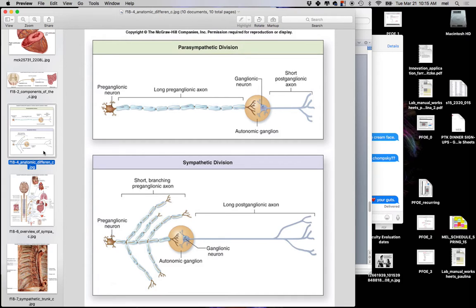So that's what I just don't understand. I'm like, what the hell? Why is it like that? And I haven't found anybody who can give me an answer that makes sense. The possibility exists that I just don't know the right question to ask, or it could also be one of those evolutionary anomalies. Like, why did the decussation of pyramids occur? Because it did at some point. So I wish that I had some explanation for this one, but I don't. This is like pooping, and there's a freaking bear, right? So I don't know what that is, but the impact of the short and long preganglionic axons means that